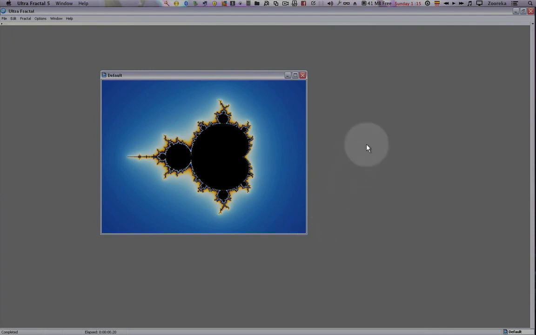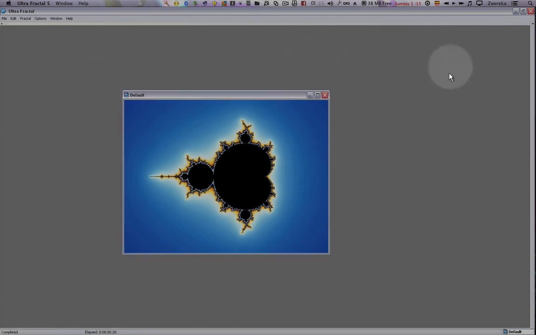Now, one of the things that I really miss on the Mac version of Ultrafractal, but Windows users can take advantage of, is that you can actually put an image in this area around the fractal window. I'm not sure if the image needs to be a bitmap. To do that, you go up to options. Before we go in and change this, I just want to mention that on Windows, some of the options I mentioned in the main Mac part of the tutorial